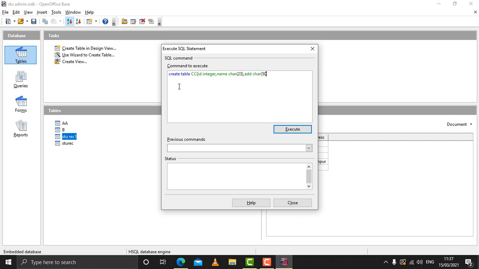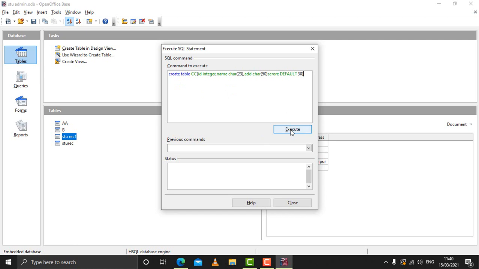Say for example I give it as 50, and then I give a field where we need some default values. Say for example it is score, so I'll write here score, and I'll give here a default value, suppose I give 30, and bracket close, and after that you can click on execute.